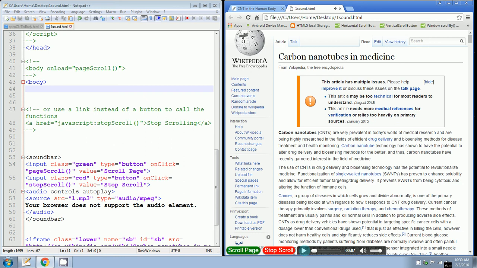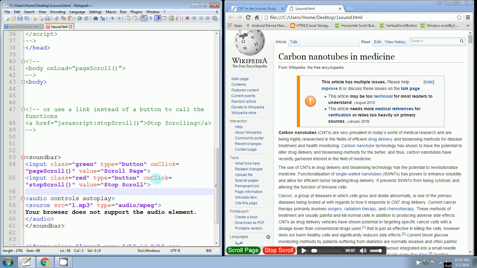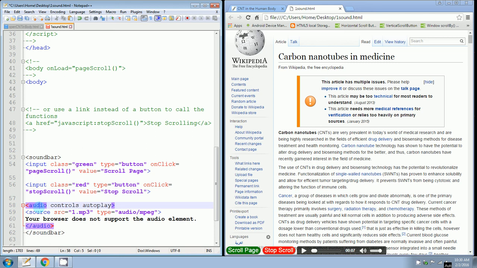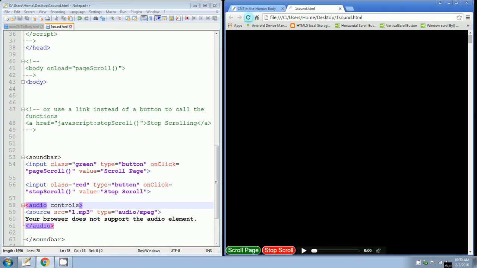And another thing that I've got is my audio control right here. Let me give a little space between these buttons and audio control. My audio control, again, all this stuff is in the soundbar. This is for the green button. This is for the red button. This is for the audio control. I have in the beginning audio tag controls and autoplay. If I do not want it to autoplay when the page loads, I just take the word autoplay out of that opening tag. Now if I hit this,